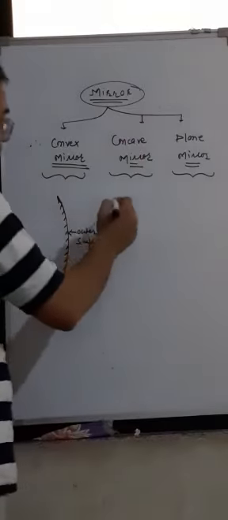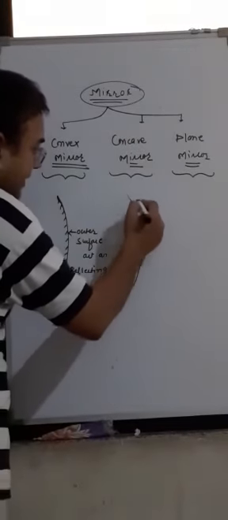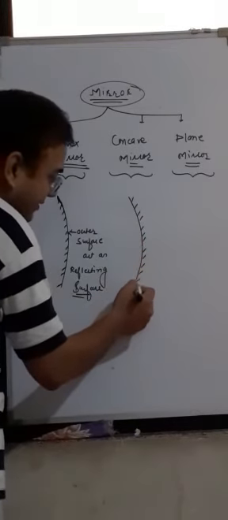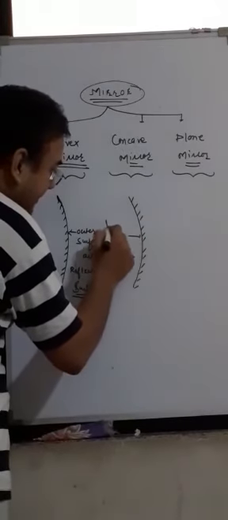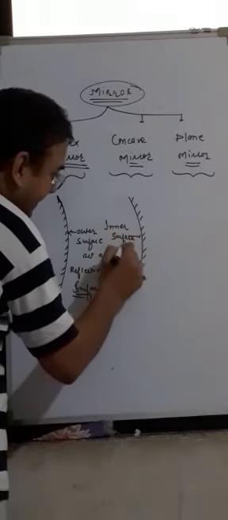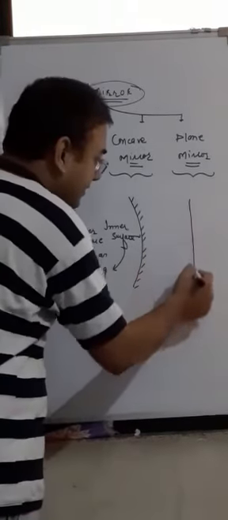Similarly, in the case of a concave mirror, its outer surface is plated and the inner surface acts as the reflecting surface. While in the case of the plane mirror,